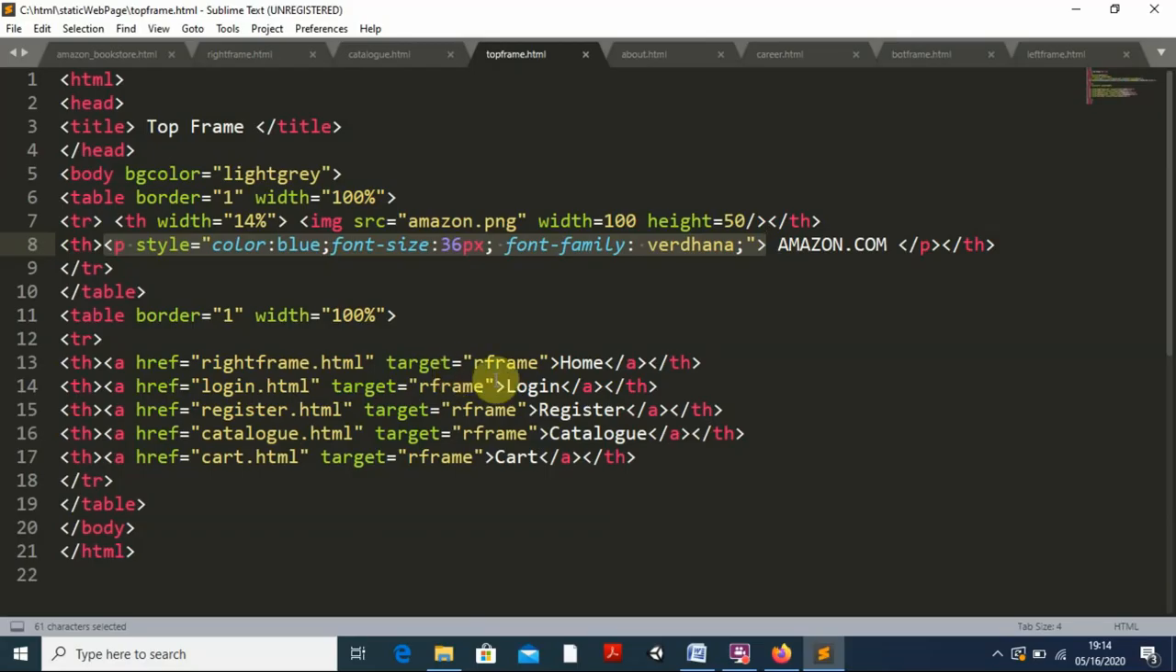In a similar way I can put the login, registration, catalog, cart, all things here. Then I close the tr, I close the table, close body, and close the HTML. Now you have successfully created the first one, the Amazon_bookstore.html, that is the first page, related to the frames. Second, you successfully completed the